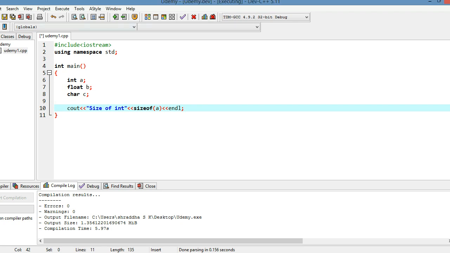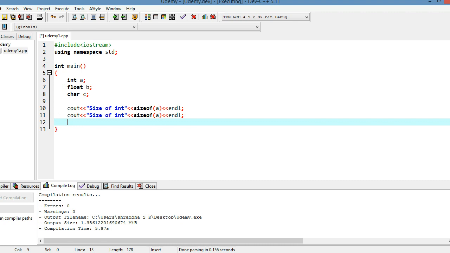So as of now, we will print the size of float and character also.